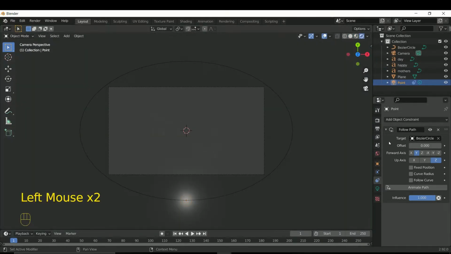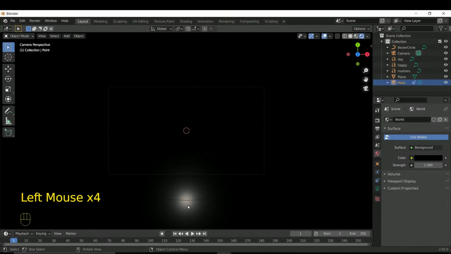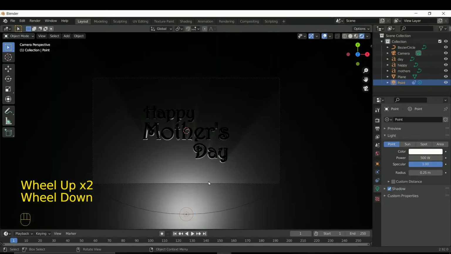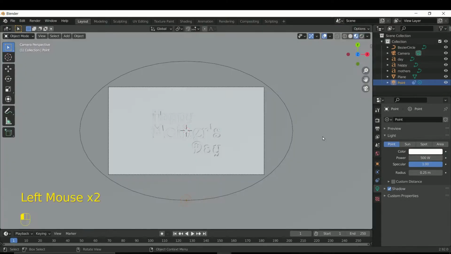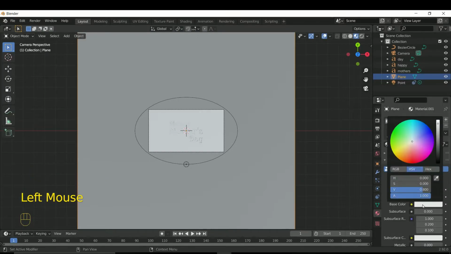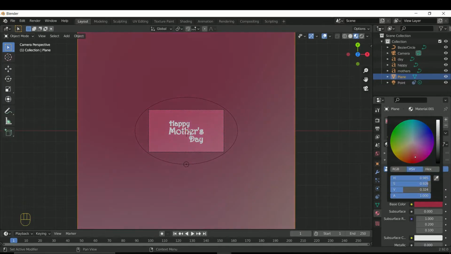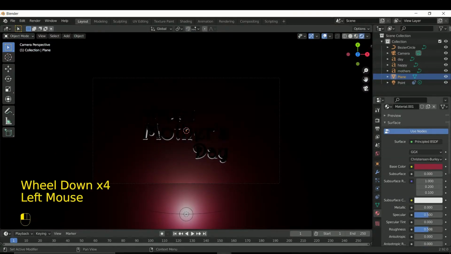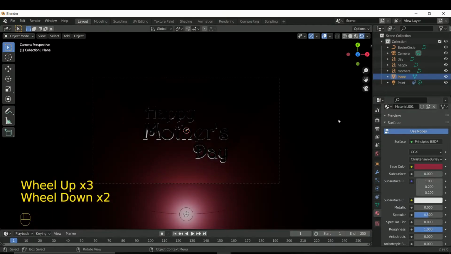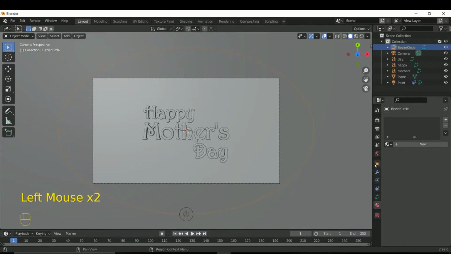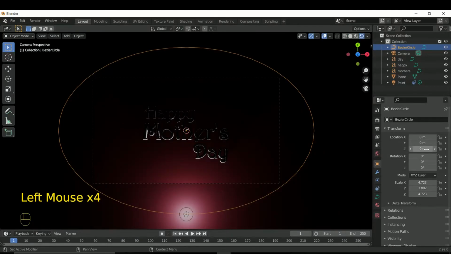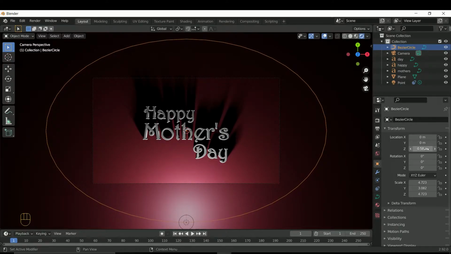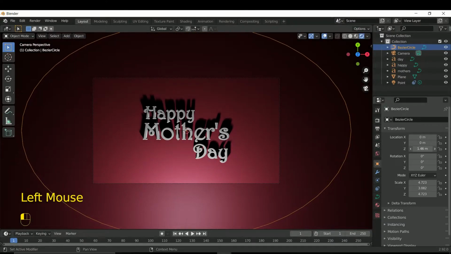Go to the render view and make the world completely black. Increase the strength of the point light up to 500 watt. Select the plane and apply a material to it. Select whatever color you want. Just increase the roughness completely. Now select the circle, go to the render setting and change its Z location and see what amount of shadow you like.